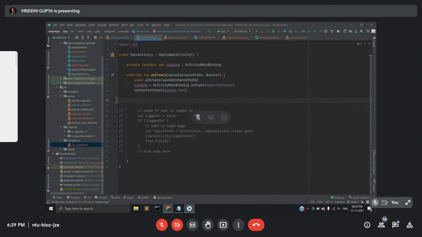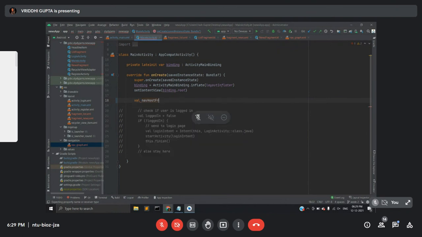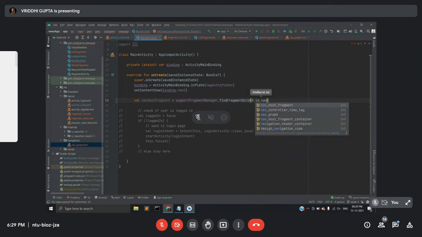Let's start defining nav host fragment first. Nav host fragment equals supportFragmentManager.findFragmentById, and we will pass the id of our fragment container view over here.